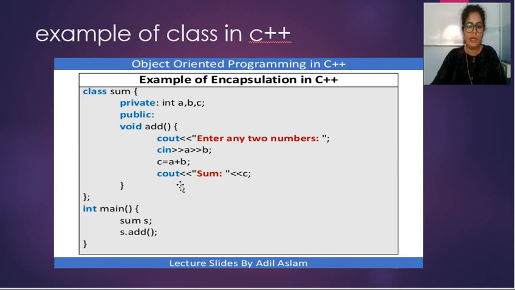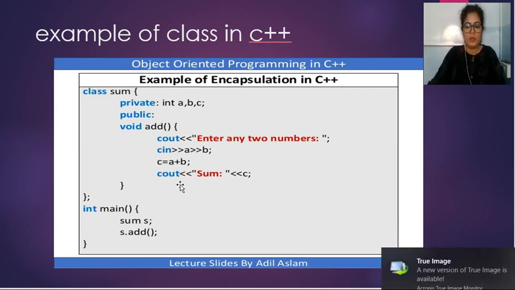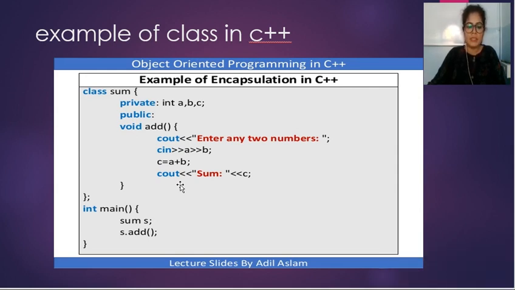Now you have declared the variables as well as the member function, so you want to close the class. Whenever you have to close a class, you close the curly bracket with a semicolon, which indicates the end of the class. So write curly bracket semicolon. So that was all about the class: how we declared a class, and how we declared variables and member functions in a class. The next thing is that in the main section